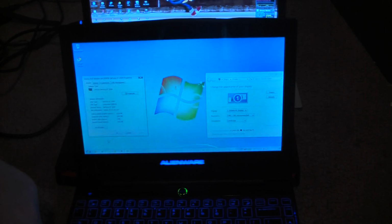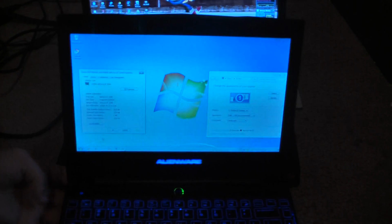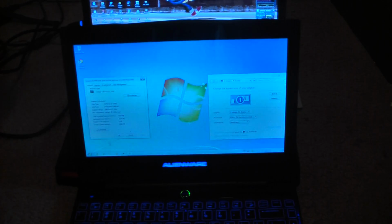First off is the Alienware, well, of course they're all going to be Alienware, so M11X. This is the R1 model with the Core 2 Duo 1.3 gigahertz in it. Doesn't sound like much, but it is overclockable to 1.73, so you got that. It can hold 8 gigabytes of RAM, but it's got 4. And unlike the next 3, this is just a standard Windows 7, no 64-bit, no Alienware edition,